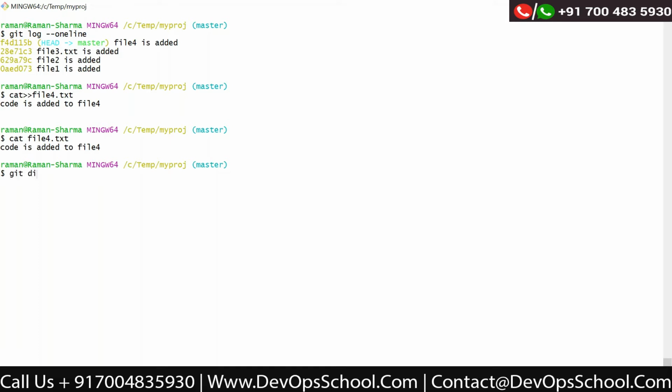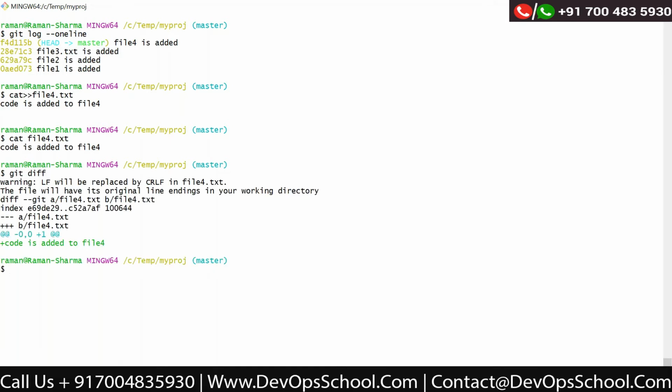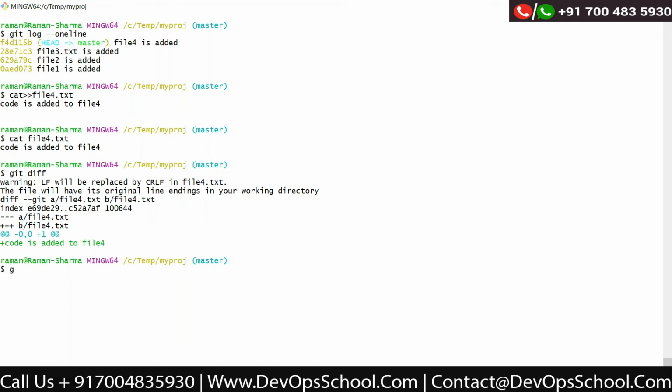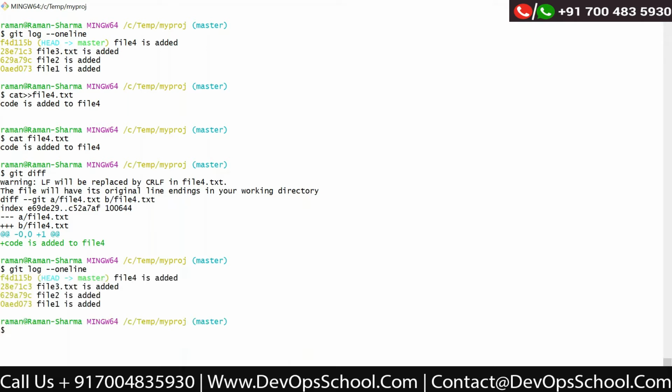So if I say git diff, it is saying that as of now in file 4 you have one difference, and that is what. So there are some commits. If I say git log --oneline, now this is the commit ID, right?